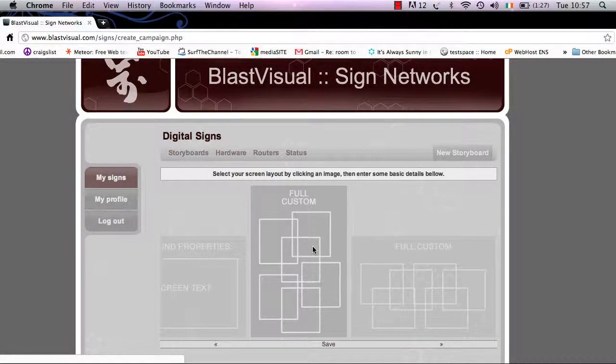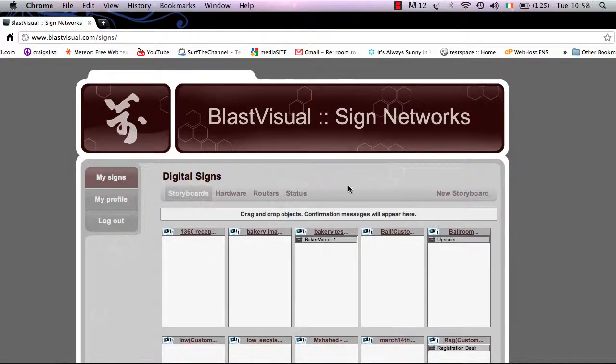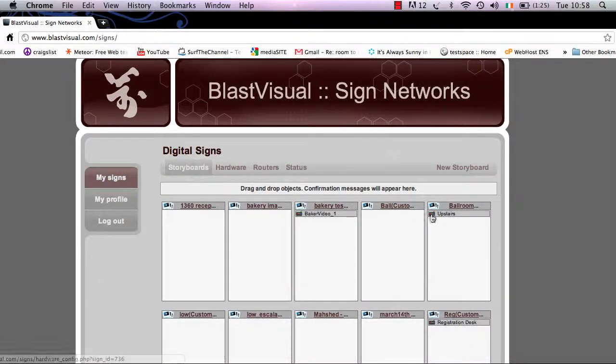So let's go ahead and look at actually creating a new storyboard. However, before you do this, you must know what your screen resolution is so that you can upload JPEGs of the same resolution or of the same aspect ratio. This can be done quite easily by moving out to your My Signs homepage. You can see all your number of digital sign devices. If you simply highlight over the sign, you will notice that the resolution simply appears underneath. We can see that this sign is 1360 by 768, similar for this one,